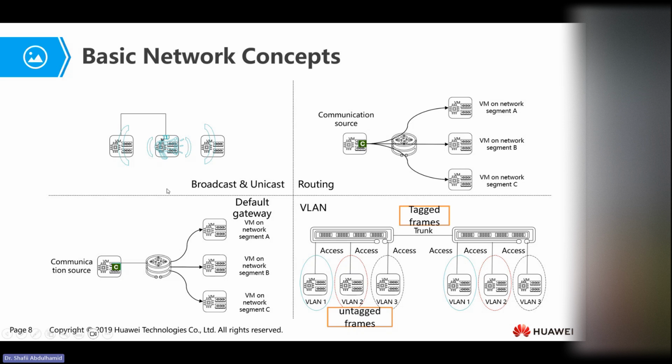So this is actually what happens here. If a message is sent from one virtual machine to another, this is a unicast. But once the message is broadcast across and all other virtual machines receive it, that means this is simply a broadcast. So unicast, one machine to another. Broadcast, one machine to all machines. Multicast, one machine to many machines that are known. So basically, this is the concept.